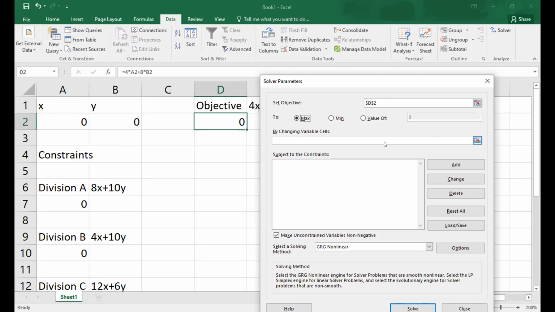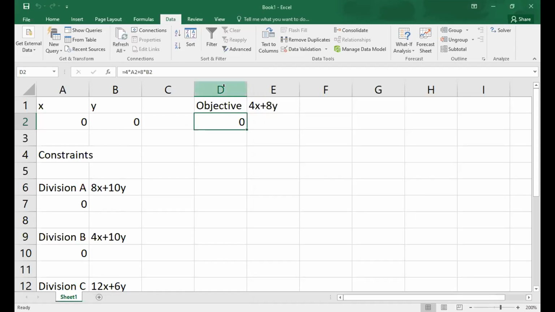Yes, sir, but the value above does not match my value, in the set objective. Did you type the objective formula in the D column?